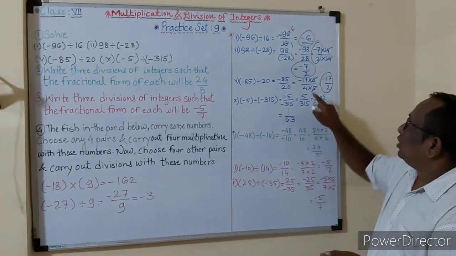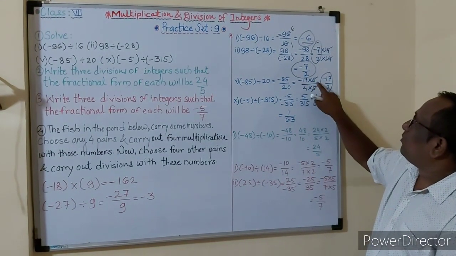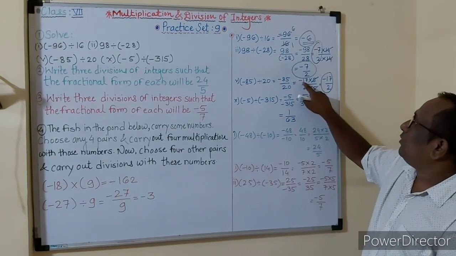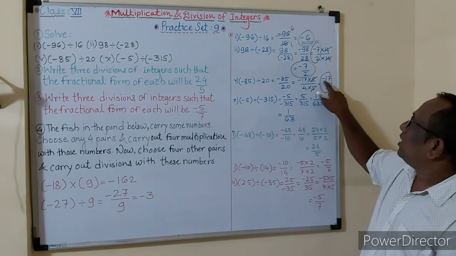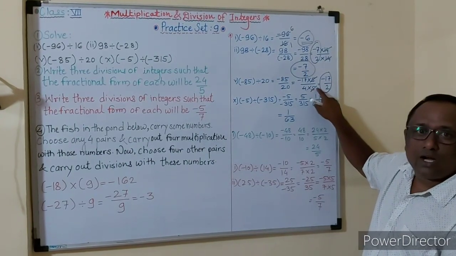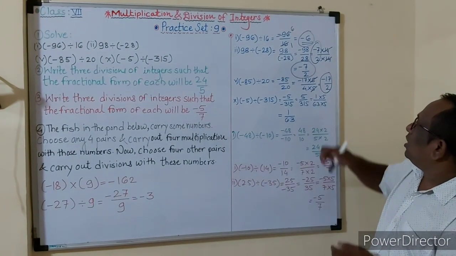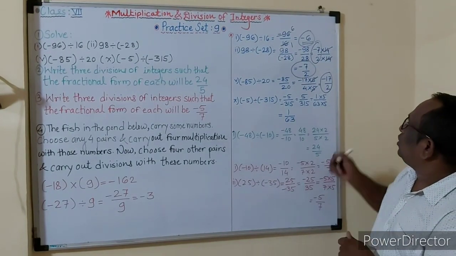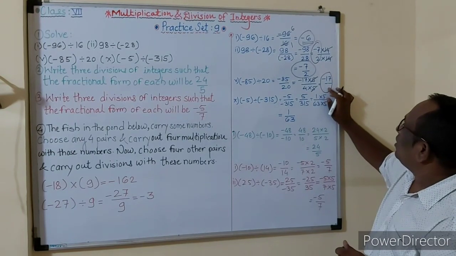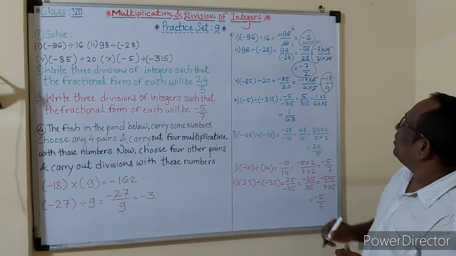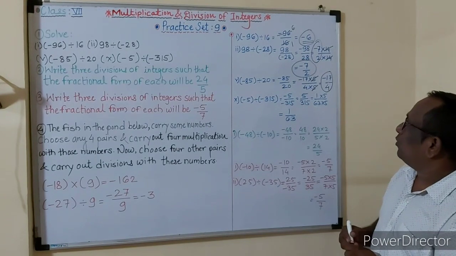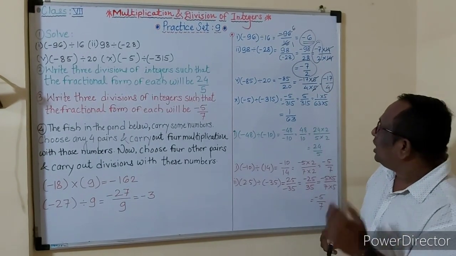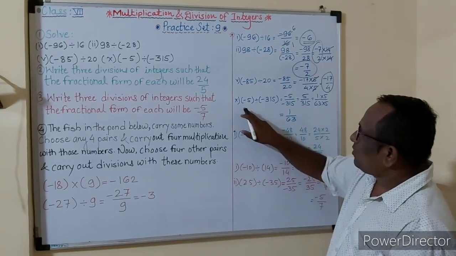Okay, or that numerator or denominator is divisible by the number. So now, 5 multiplied by 17, 17 5s are 85, minus sign is there, that's why minus 17, and 4 5s are 20. So here the answer is minus 17 upon 4. So this is our answer. Now we'll move to the next example.